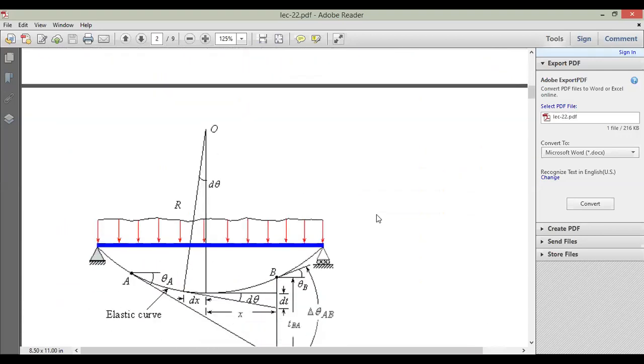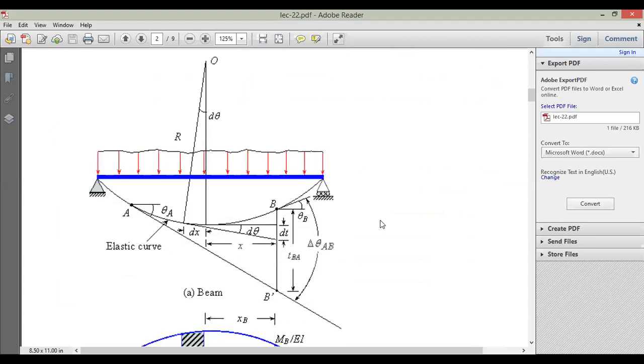So this is the beam. This is a simply supported beam, supported by rollers and by knife edge supports. This is a uniformly distributed load, and this will have a sagging formation, and the beam will go downwards. You can see a uniformly distributed load is acting all across the beam, and this is the deflection of the beam. It is coming down, sagging is taking place, and when sagging is taking place, there is a line of action from the